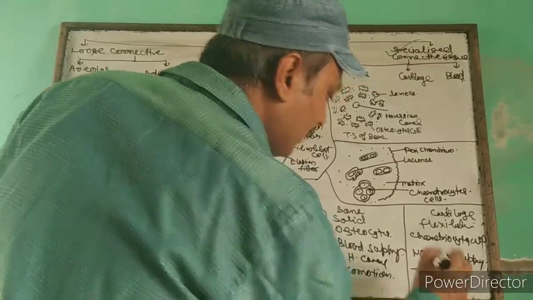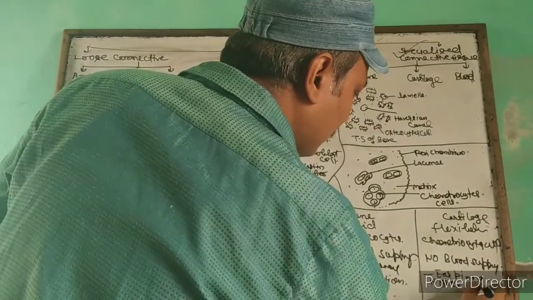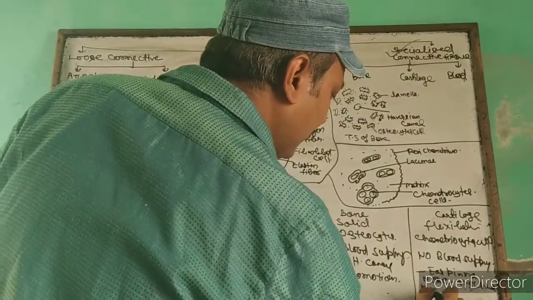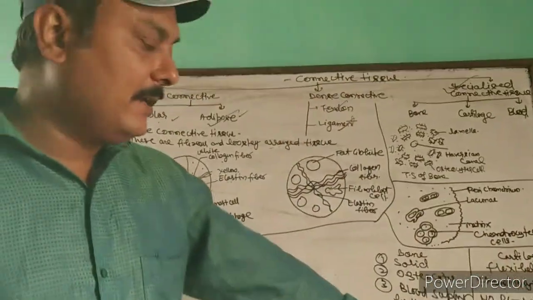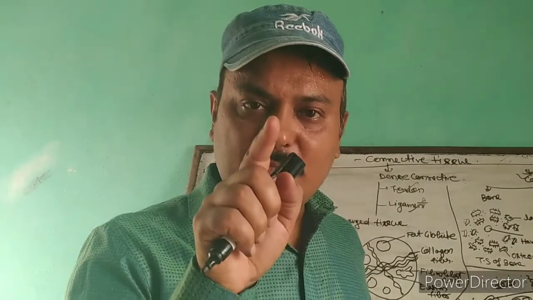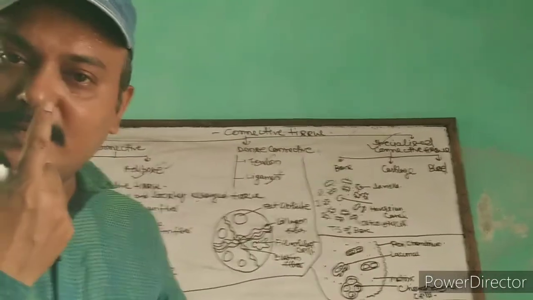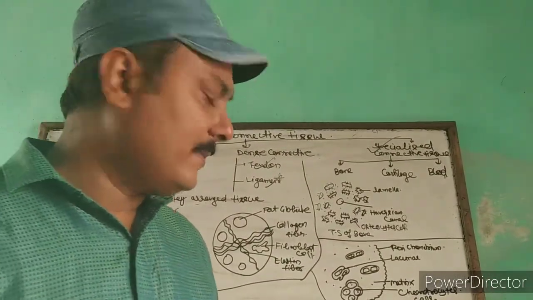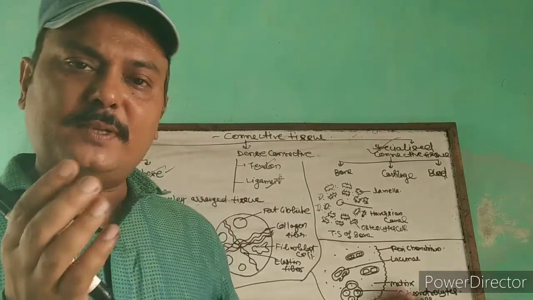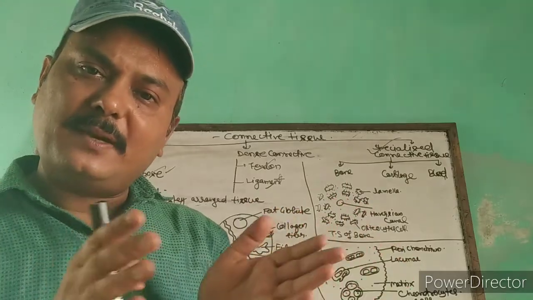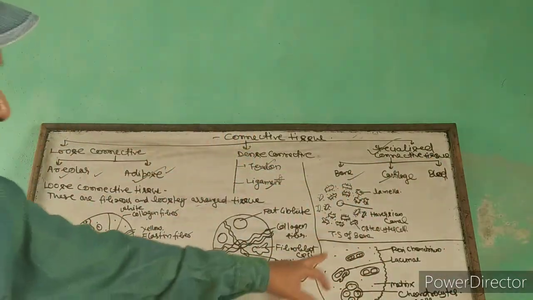ये हमारा ईयर पिन्ना जो होता है ये कार्टिलेज का बना होता है. नोज, ट्रैकिया और नी पटेला, ये स्ट्रक्चर ऑफ कार्टिलेज हैं, made up of cartilage. नी पटेला, घुटने के अंदर जो एक राउंड डिस्क होती है उसे कहते हैं नी पटेला. ट्रैकिया हमारा विंड पाइप है, वो कार्टिलेज का बना है. नोज का ये पोर्शन कार्टिलेज का बना है. ईयर पिन्ना कार्टिलेज के बने हैं. तो कार्टिलेज are soft and flexible tissue which are helpful in filling the gaps between the bones. Okay, so now bone and cartilage structure all of you have seen.